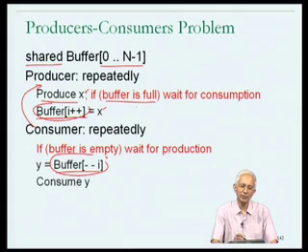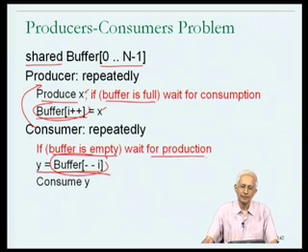The other requirement is that prior to thinking that it can take something out of the buffer, the consumer will have to check if the buffer is empty. And if the buffer is empty, it will have to wait. In other words, it cannot just proceed after the if condition. It will have to wait until at least one element has been produced. So it has to wait for at least one production. Okay, now